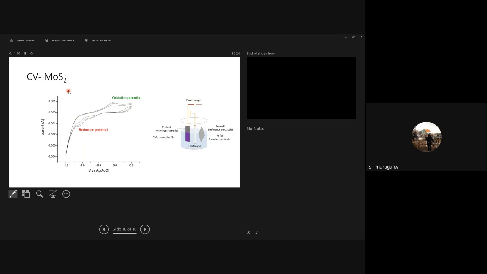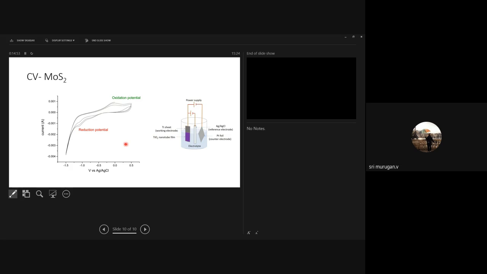Polythiomolybdate solution. So I have taken a solution like this, and my working electrode is a TiO2 nanotube. I inserted it in this fashion, conducted a CV, and repeated it three times. From that I can find that the reduction potential is somewhat like minus 1 volt, and the oxidation potential is somewhat zero volt. So I want to deposit MoS2 here.